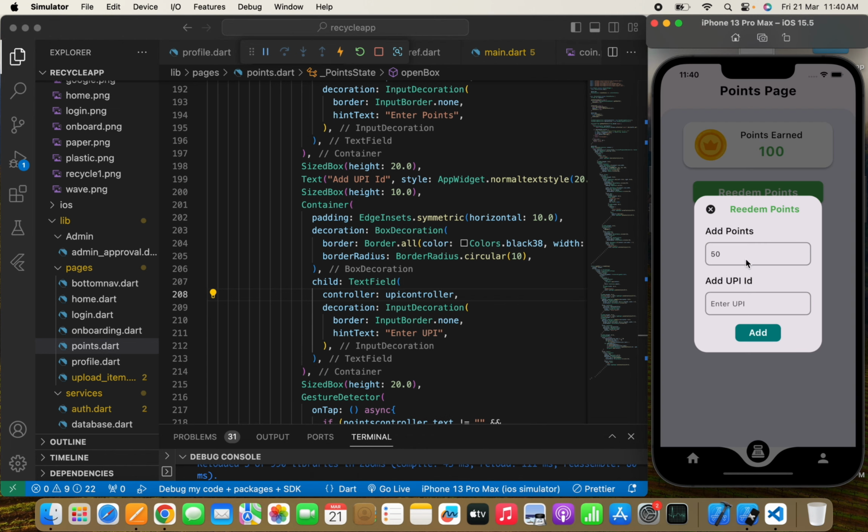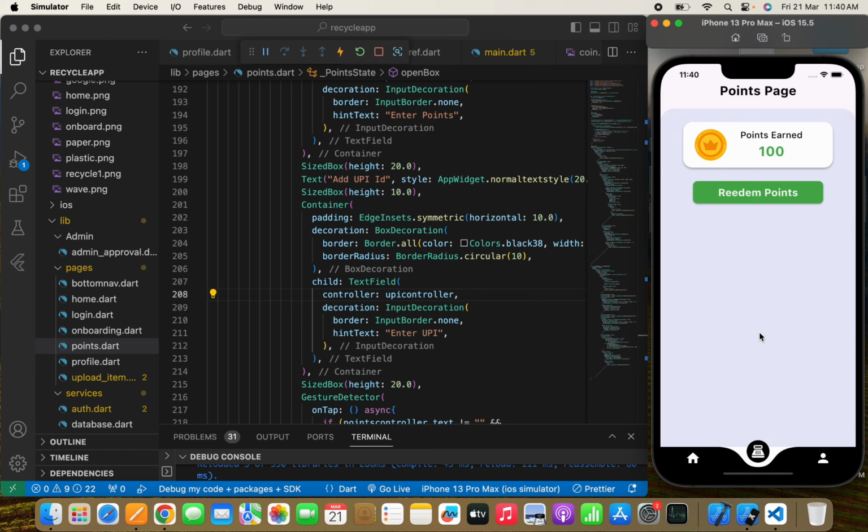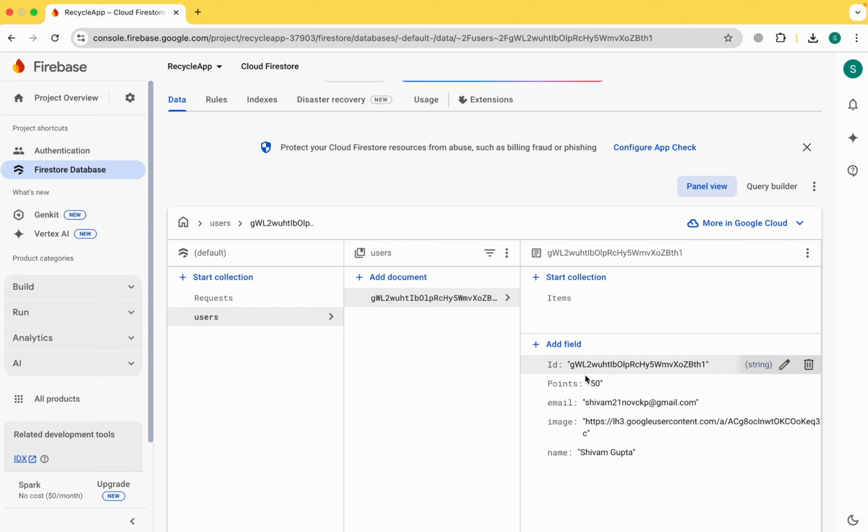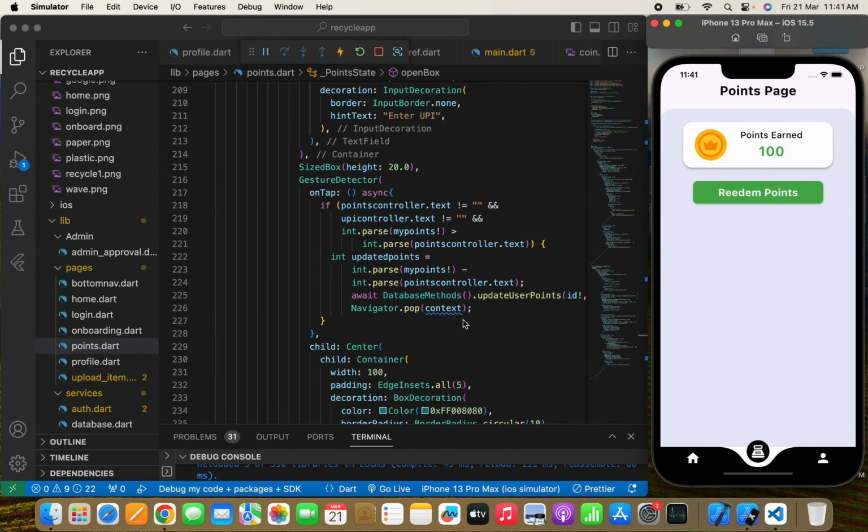I'll just click on here 50 points. I'll just enter a random UPI ID and we'll just write OK SBI. We'll click this add button and let's see what's going to happen. So it has been updated in the Firebase, I guess. Yeah, so here you can see that it has been updated in the Firebase, but we can't see this over